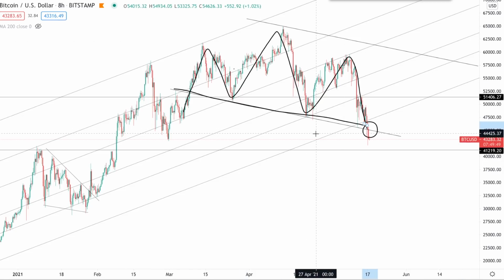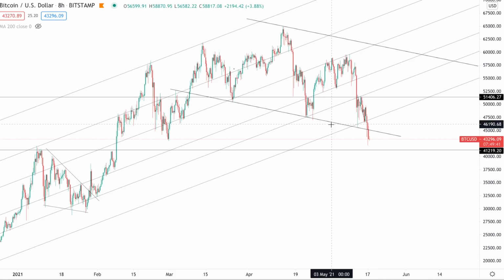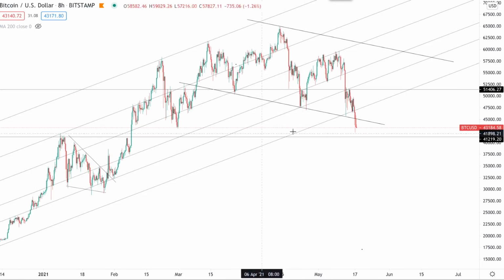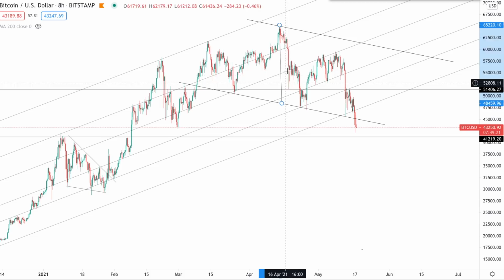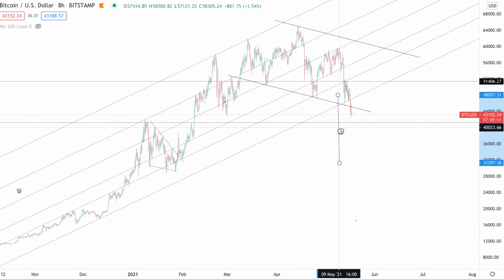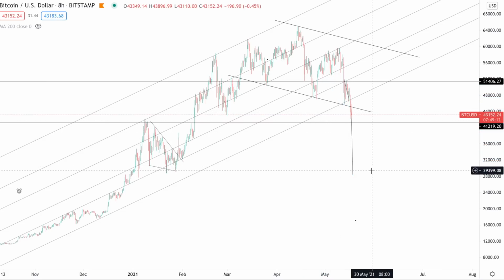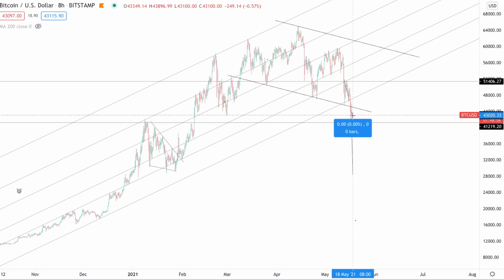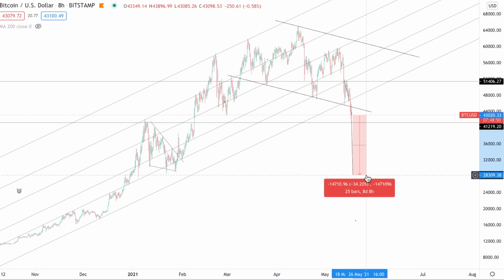Head and shoulder patterns tend to be reversal patterns, right? For example, we had one in 2008 right before the financial crisis, before a 60% drop in stocks. Now, the way you typically deal with head and shoulder patterns is you take the length of the head right here all the way to the neckline, and that can actually correspond to the measured target from that break of the trend line. So you take that measurement, you paste it to that break, and you get your target. That would take us down to these levels of support at $29,000, which would correspond to a 34% drop from current levels.